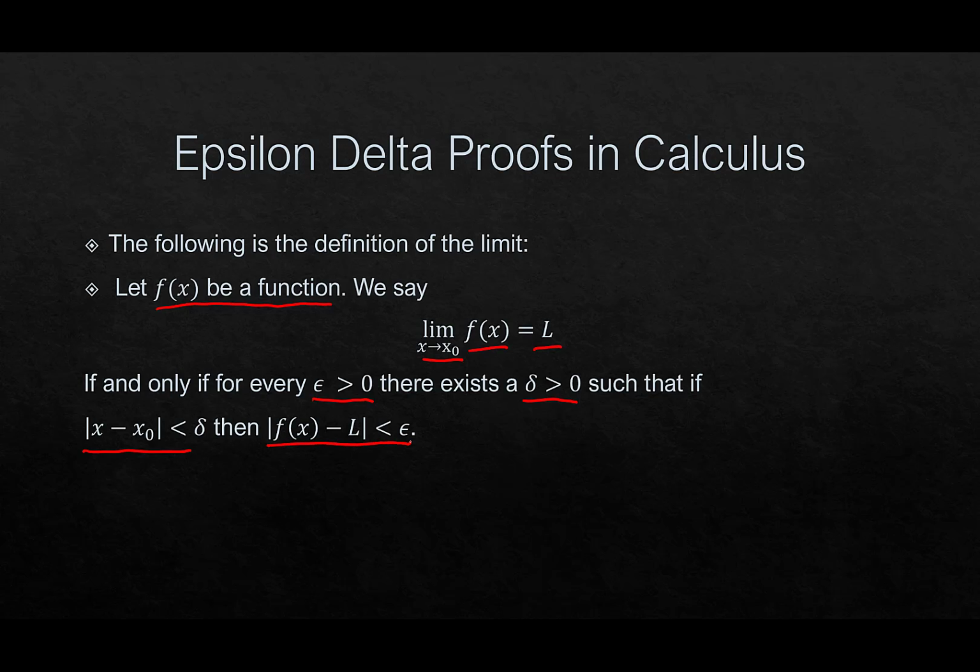Okay. So there's a lot of things to unpack here, so let's take it slowly, and if you have to, pause the video and take it all in. But a couple of things. First of all, remember that the absolute value can be interpreted as a distance. So the absolute value of x minus x naught is less than delta is saying that the distance between x and x naught is less than delta. And similarly, for the absolute value of f of x minus L is less than epsilon, this is saying that the distance between f of x and L is less than epsilon.